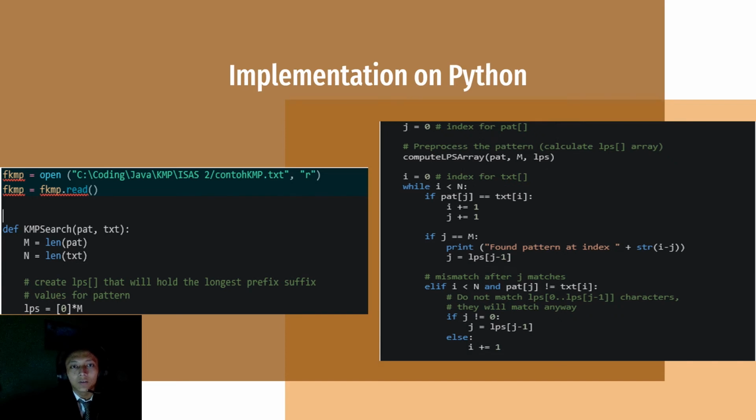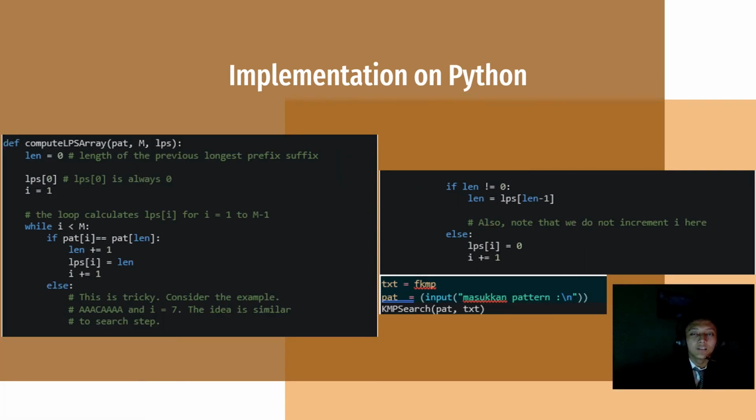Next, the program will continue matching. And if there is a mismatch after g matched, the program will start checking again from index g minus 1, which means going back one character to the left. If there is still no match, the program will continue searching to the right again until it matches again, and so on.